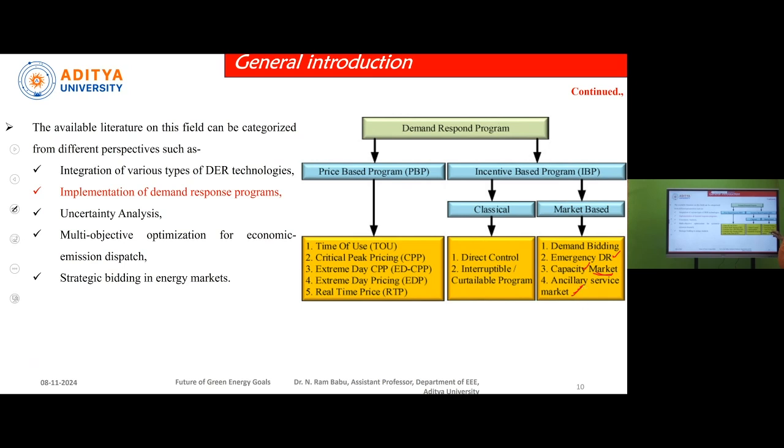And the next concept is ancillary market services. Here, the ancillary services, in the sense, we can go for battery storage systems. Various kinds of battery storage systems are available in the market. Based upon its capacity and storage levels, we can sell the energy or store the energy in such a way that our electricity bill may be reduced, and also we can earn more profits.